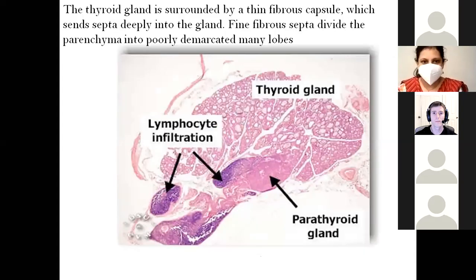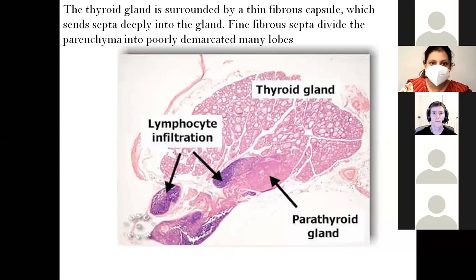In this slide, you can see the diagram in which you can see thyroid gland over here, and along with that there is parathyroid gland. So if you see thyroid gland, you can see there are a number of follicles visible in the thyroid gland, and these follicles contain a colloid material which is present in the center of the follicle. All the thyroid follicles are of various different sizes, and it depends on the activity of the thyroid gland how many follicles will be present and what are the sizes of the follicles.